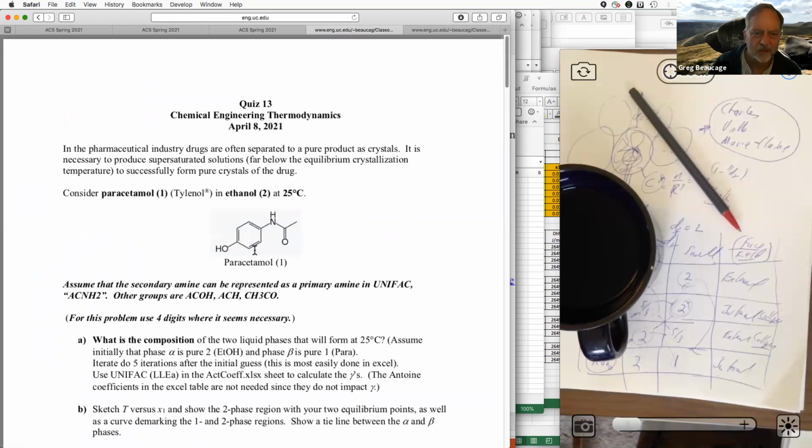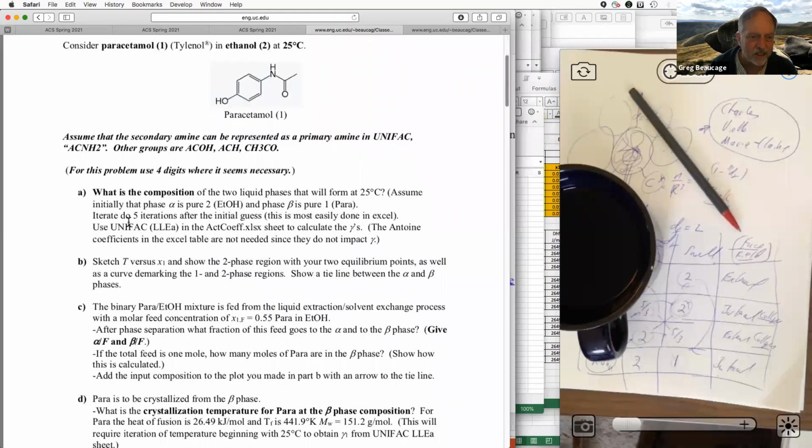This was a molecule we did before. The earlier quiz had this Tylenol, but this is an ethanol. That was the only difference. That changed the phase behavior a little bit. You basically had to go through the